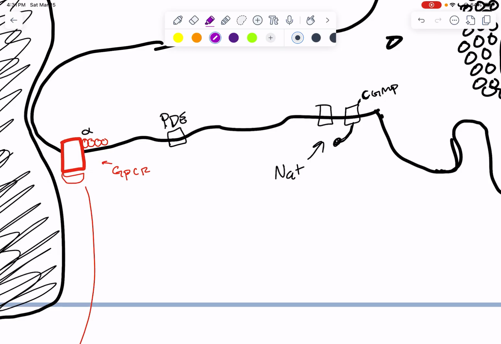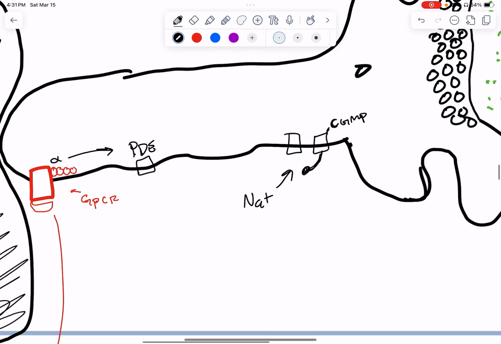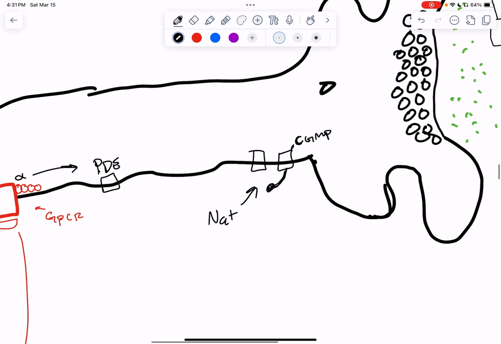When that 11 cis retinol becomes 11 trans retinol, it releases the alpha subunit of the GPCR, this G protein coupled receptor, and it connects to this phosphodiesterase enzyme. And when this phosphodiesterase enzyme is activated, it comes over here to this